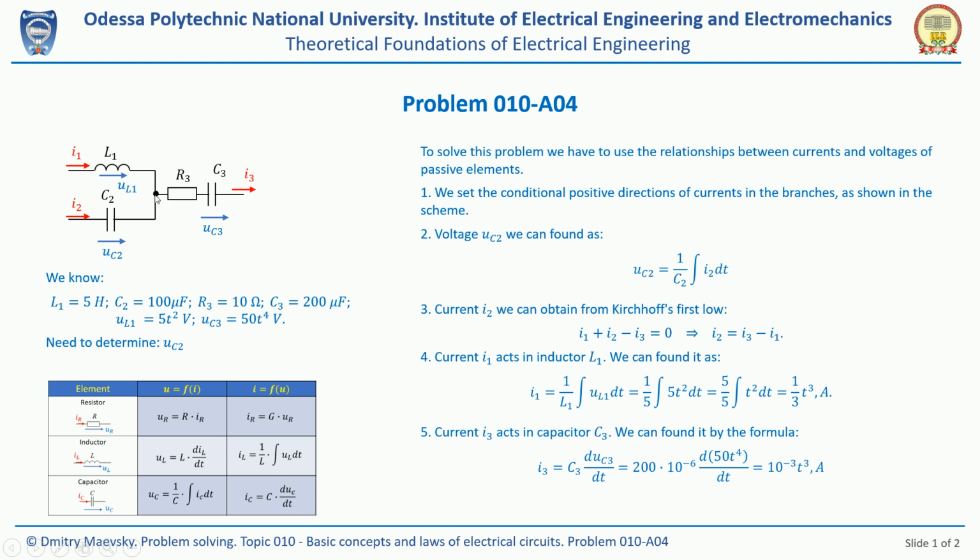I3 is directed into this node, but I1 and I2 are directed from this node, plus this, and minus sign this. According to this equation, we can see that I2 is equal to I3 minus I1. So we have to obtain